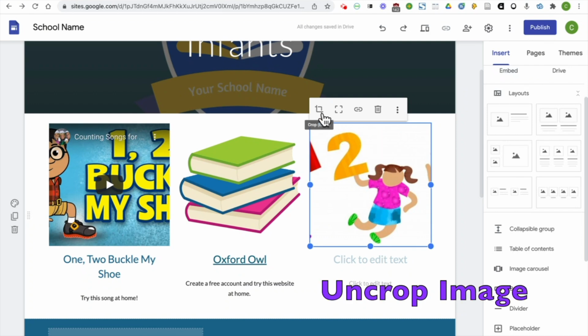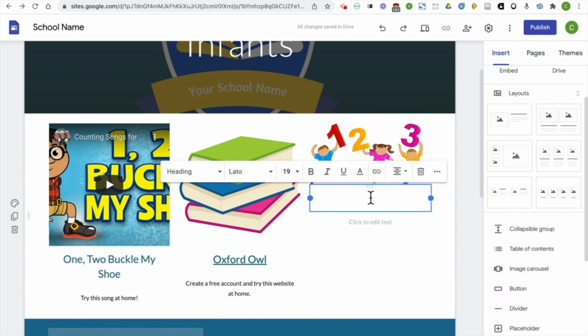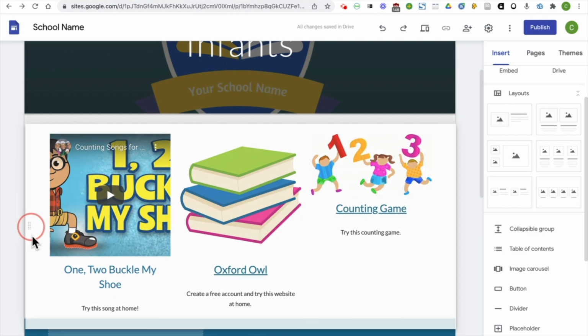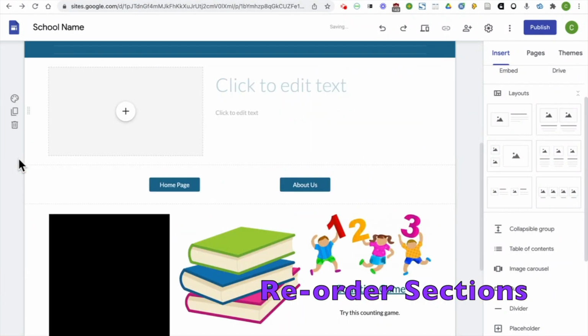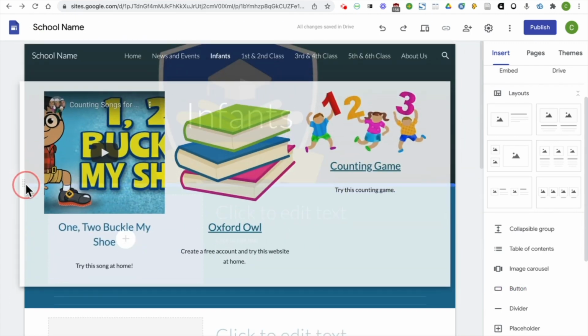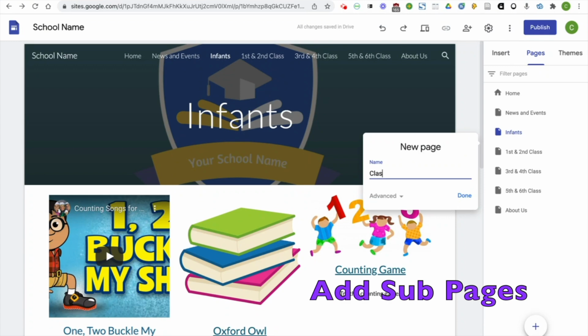Sometimes images which are inserted are cropped, so we can press this button here to uncrop the image to see it full size as such. Then I can continue on to add the additional information. Sometimes you might want to reorder sections, so you can click on them on the left and drag them to reorder. Sometimes you might need to add sub pages, so I go back to the Pages tab and press on plus,